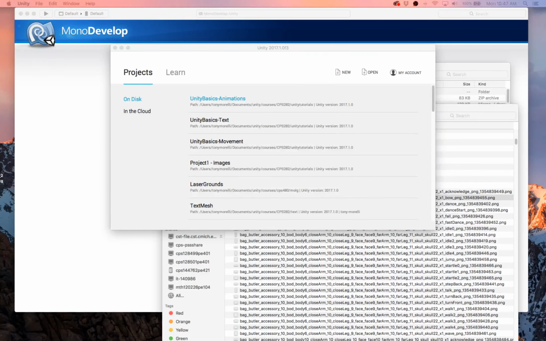Okay, so this will be another Unity Basics. This one will be slightly more complicated than some of them in the past, but basically it'll show you how to use Sprite Sheets and how to get animations out of Sprite Sheets, and then also how to transition between